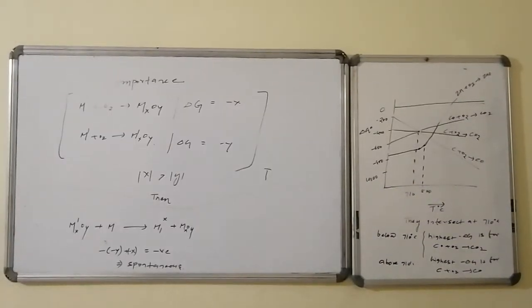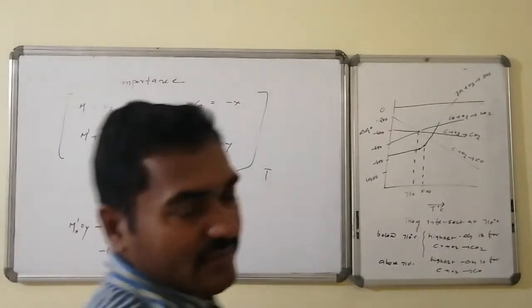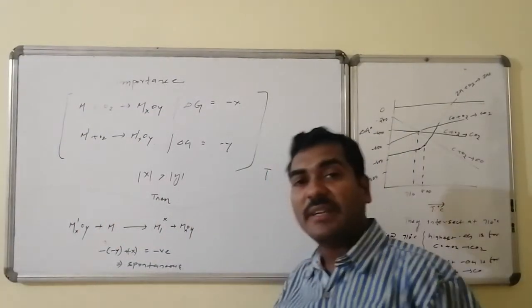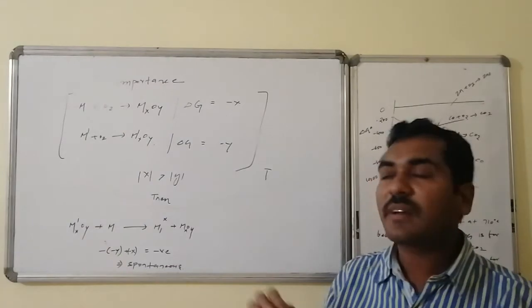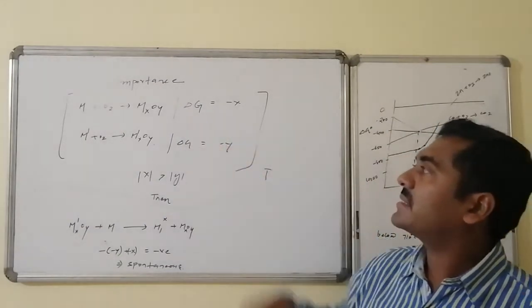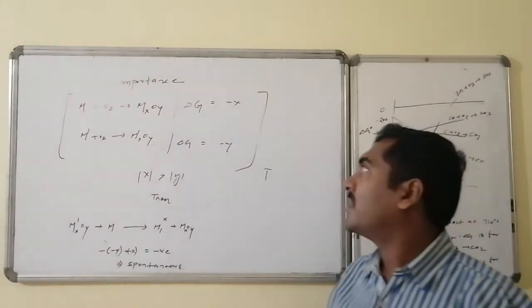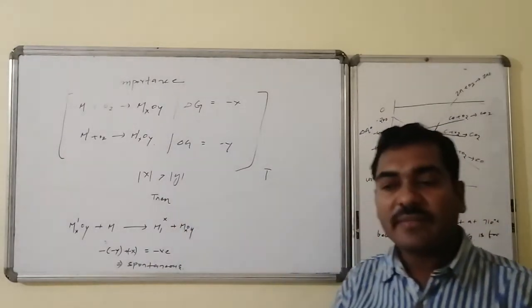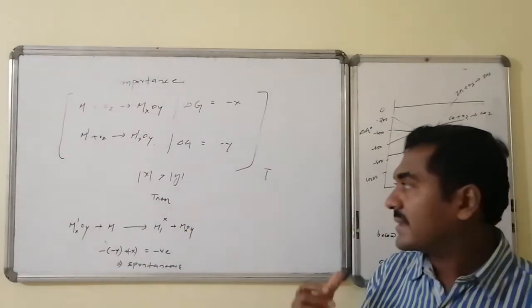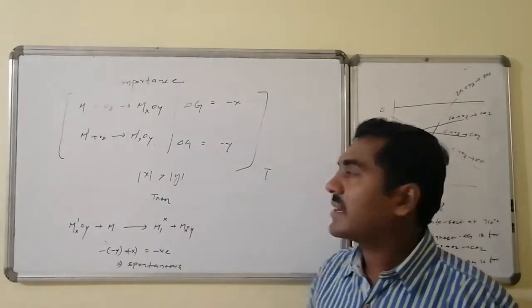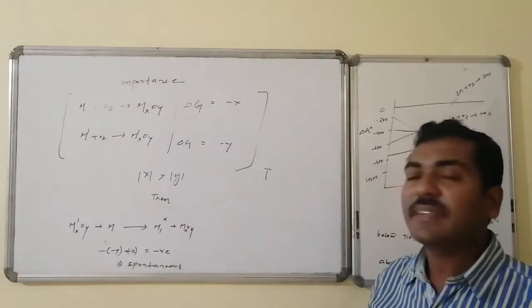The overall conclusion of Ellingham in the form of generalized equations: let us consider two metals that react with oxygen to form metal oxides at a particular temperature, having their delta G as minus x and minus y, both spontaneous reactions. Quantity-wise, x is greater than y, that is, x is more spontaneous, nothing but the first reaction is more spontaneous compared to the second one.